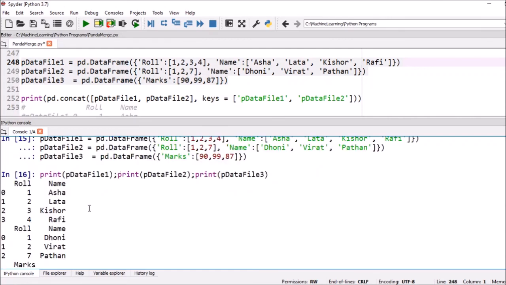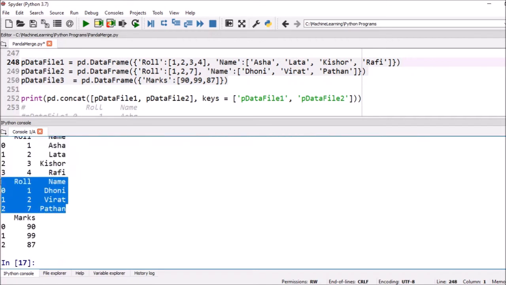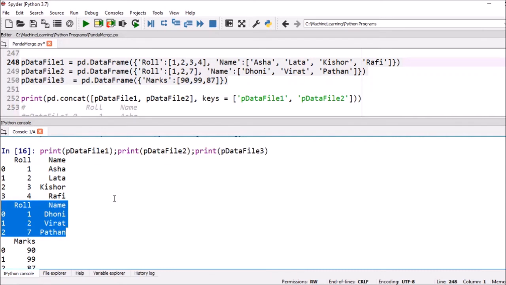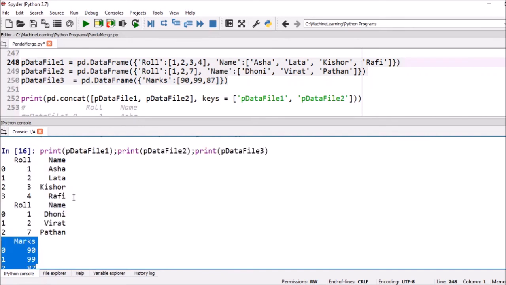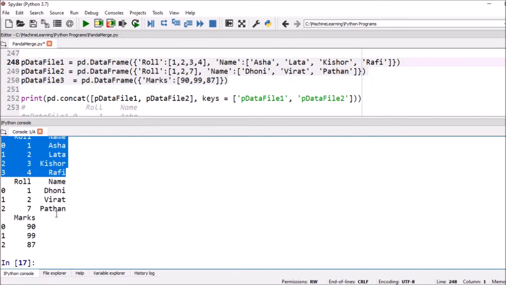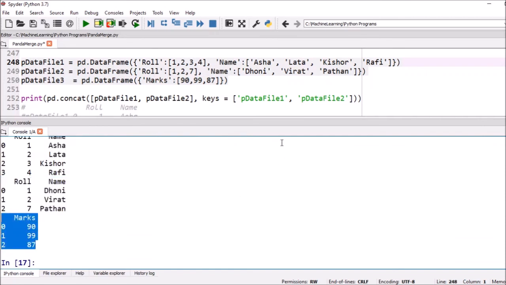Now you can see here, these are the data from p data file 1, these are the data from p data file 2, and these are the data for p data file 3. In p data file 1 roll number and names are there, in p data file 2 roll number and names are there, in p data file 3 only marks are there.